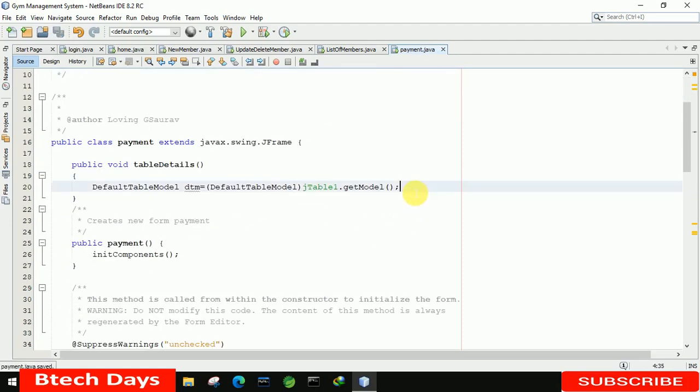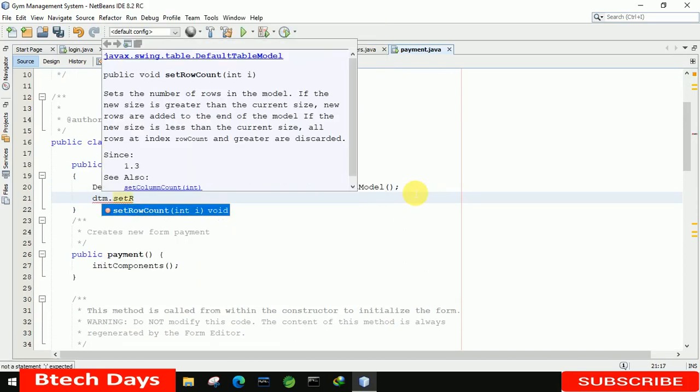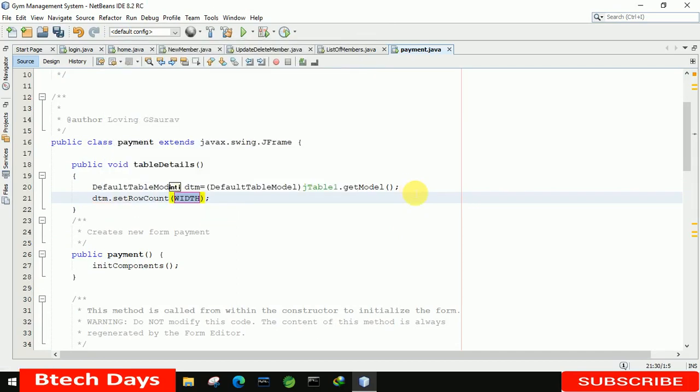Now again move to here. Now dtm dot setRowCount should be 0. Every time it's called, it will delete all the details from our table. For this one is used. After that, it will again load all the details in our table.